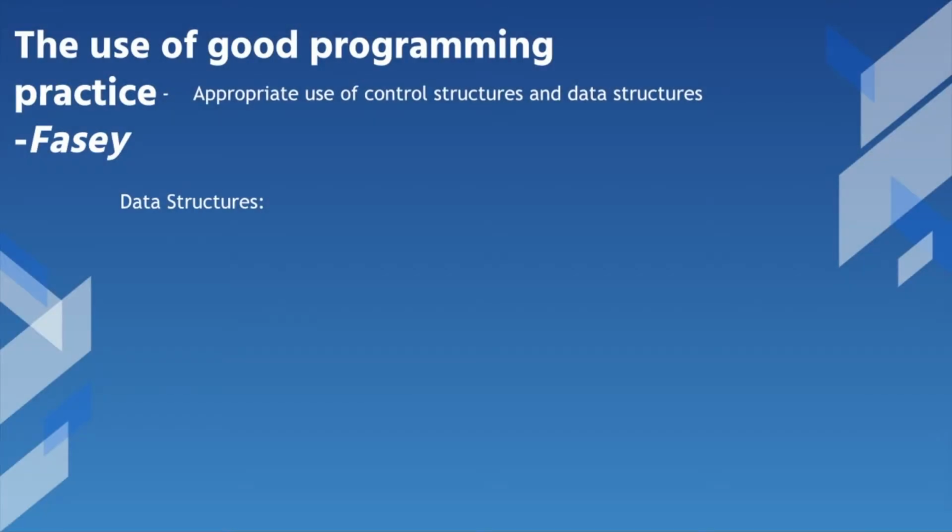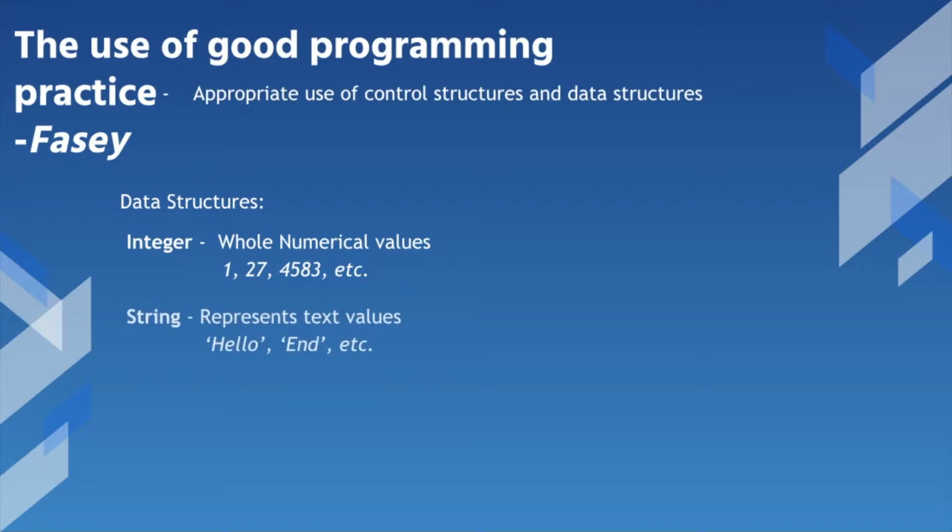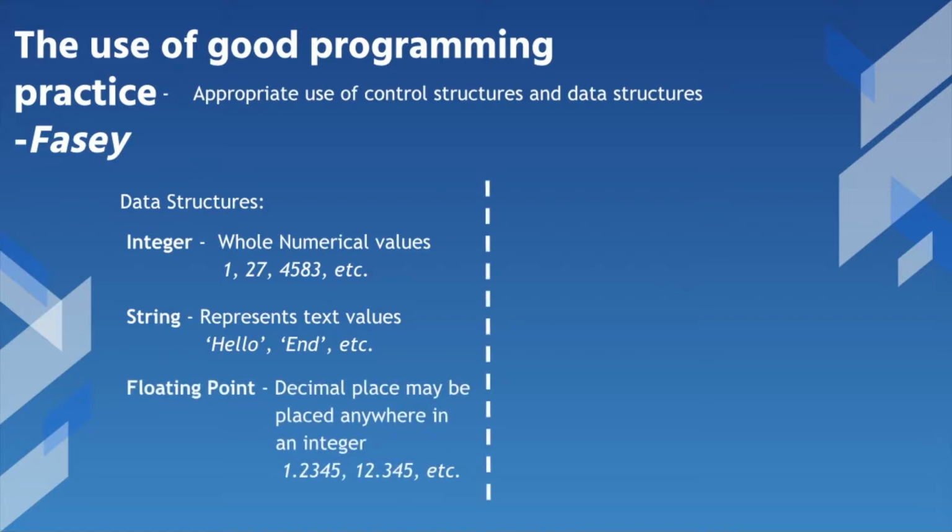The next point is the appropriate use of control structures and data structures. So here we've got data structures and their definitions. An integer is whole numerical values, so 1, 27, 4,583, and etc. And then a string is text values, so pretty much any assortment of text, or they can be numerical values as well in a string. Then there's the floating point, which is the decimal place, and that can be placed anywhere within an integer. So there's like 1.2345 and